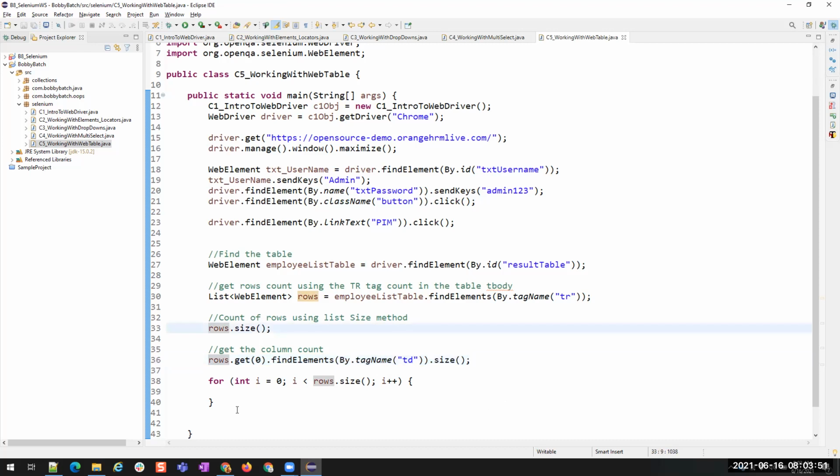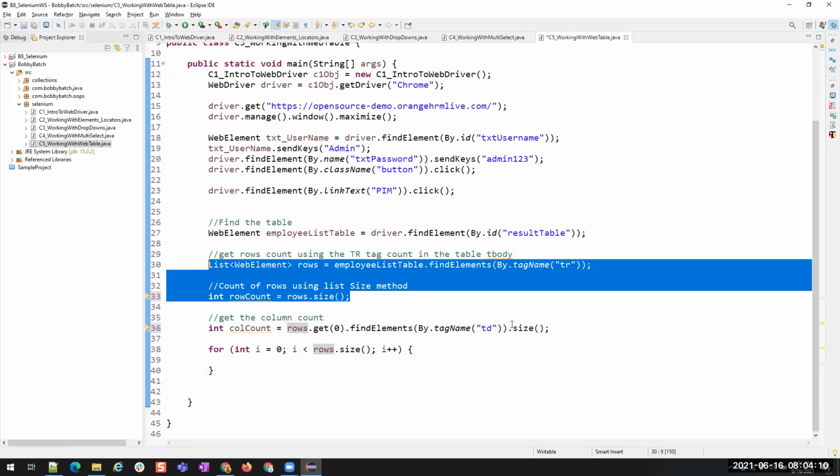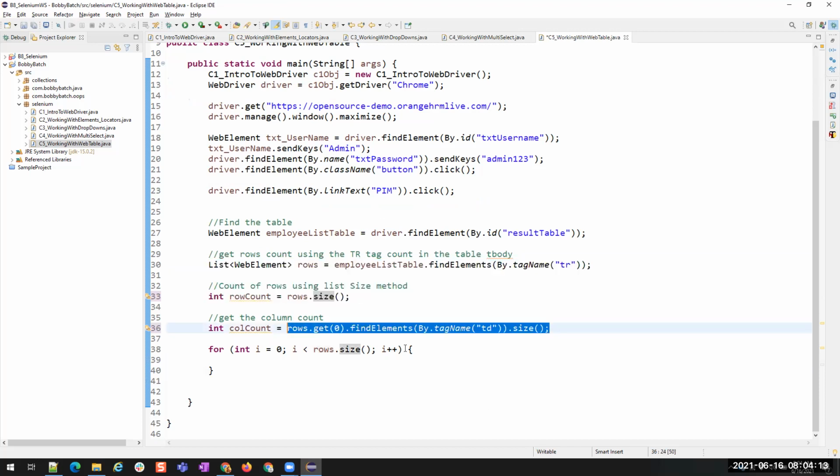Row size. I'll store this in an int, column count, so I can store it in column count. See, for example, just to show you, here I wrote it in 2 different lines, but here intentionally I wrote it in a single line.